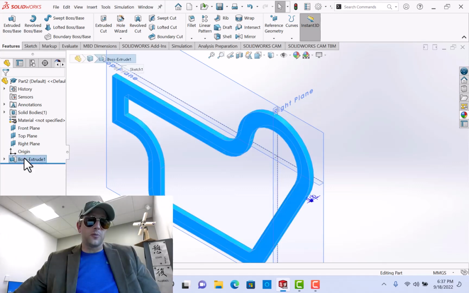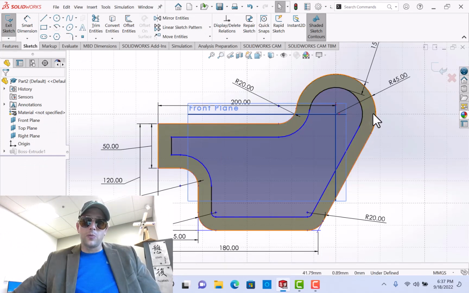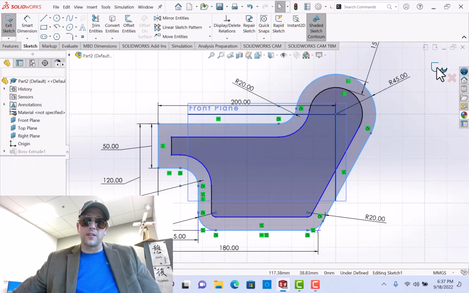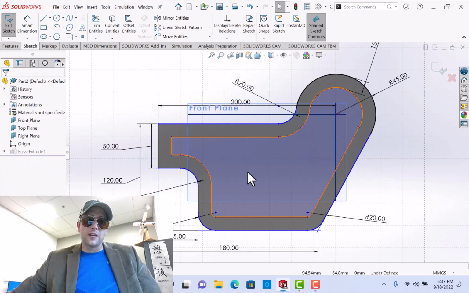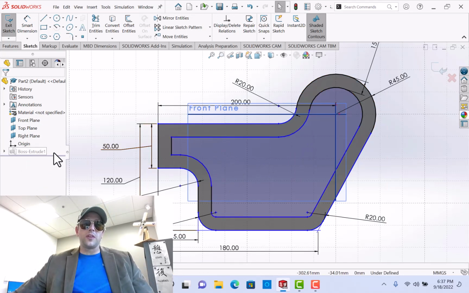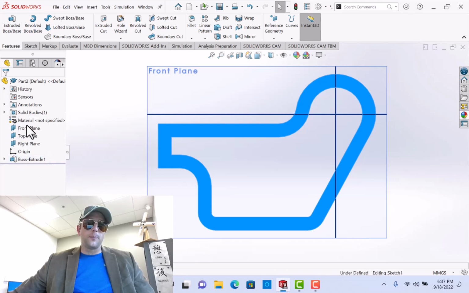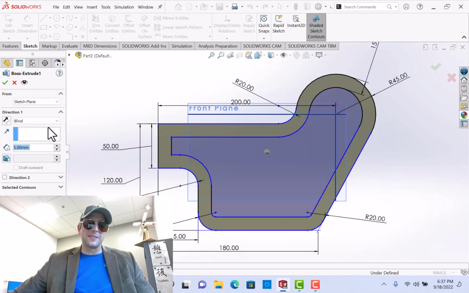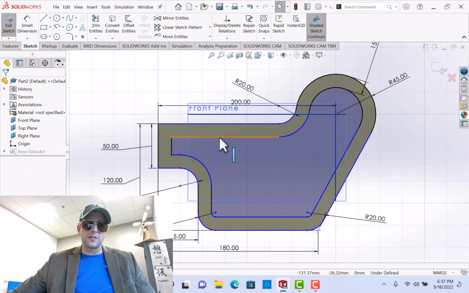If you don't believe me on that, what we can do is go back to the sketch here, and select both entities and then hit exclude. You see it's actually defining it internally. So this is one of those things: if you're within the sketch and then you define this, it'll do that. And if we're outside of the sketch, it will do something different. So I'm going to go back. I know this is exactly what we want, but I'm going to show you the other way. So if we go into this sketching plane,